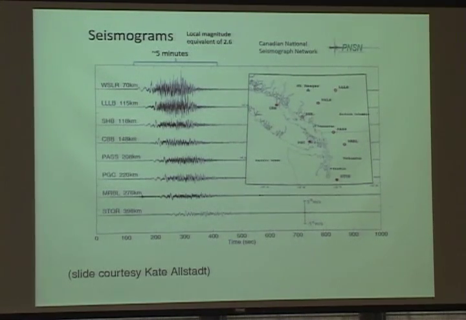This I threw in just to show you, I'm not really going to talk too much about seismic modeling, but there's a lot of interest in looking at the seismic signals that are created by landslides like this. Kate Allstadt, who was a student at BU, is still a postdoc there, but is moving to the Cascades Volcano Observatory next year, is working in particular at modeling the seismic signals from landslides and looking at potential early warning systems, so that if a landslide starts, you can tell whether it's going to develop into a large-scale debris flow that might endanger people farther down in the valley.